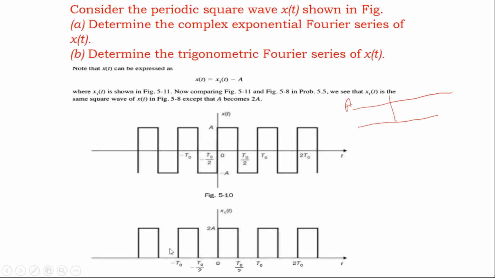X1 of t is, you are going to have a train of pulses which are existing only on the positive side. Now observe this waveform carefully. This is what x1 of t, and x1 of t minus a. Now when you take minus a, what will happen? You take the mirror image of this. A is this one. Now when I say minus a, you take the mirror image, then it looks like this. This is what minus a is.